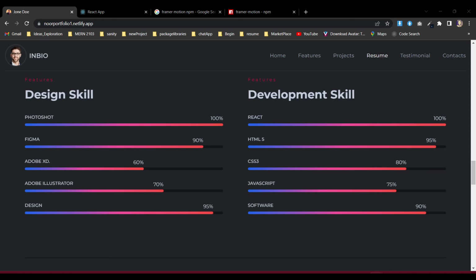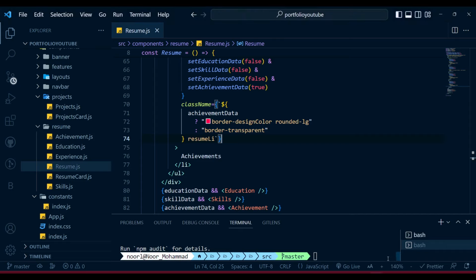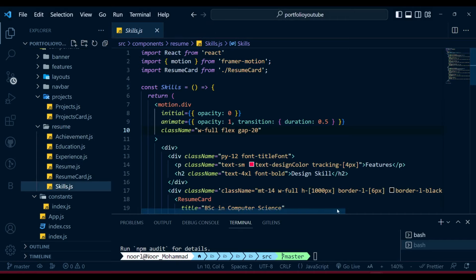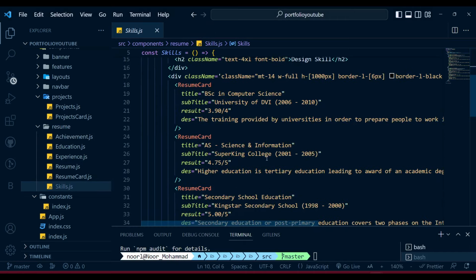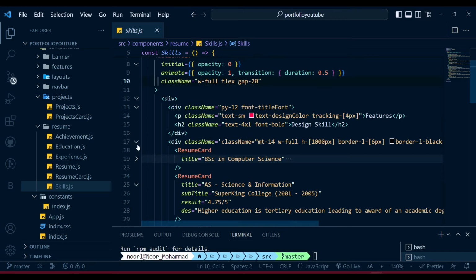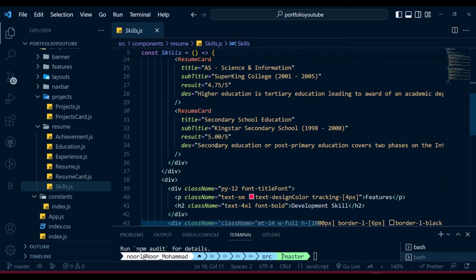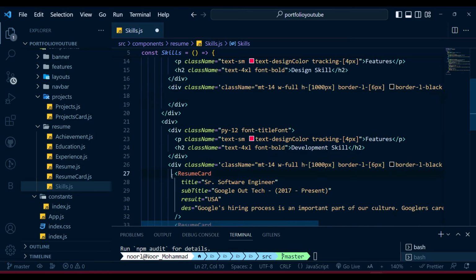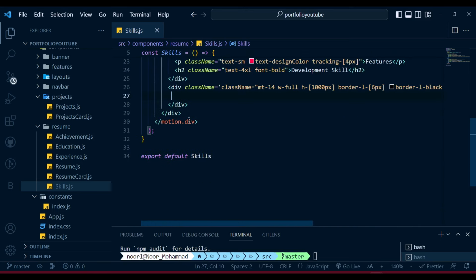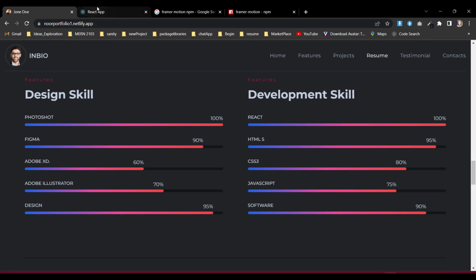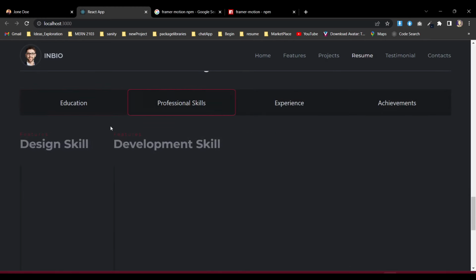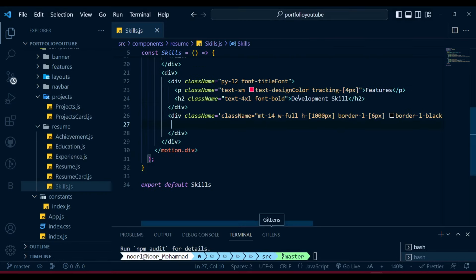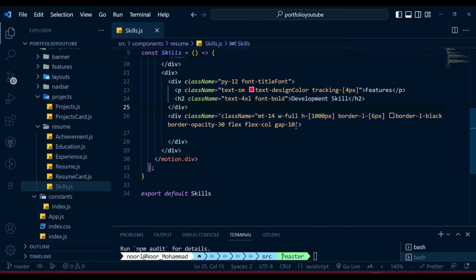So it will be very simple to create, just trust me. First of all, let's go to our skills. Okay, now we have the resume card, right? So those all are the resume card. Actually, we no longer require that. We're not going to use the resume card. Just delete it. After deleting that, you see this two is here, but it's very delicate, we need to remove that also. So let's go and